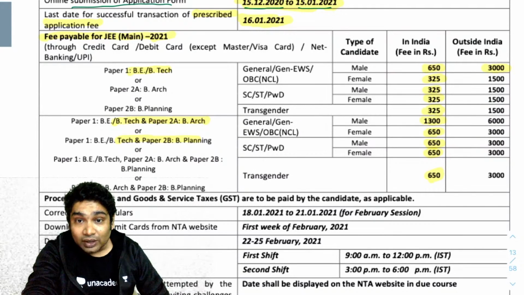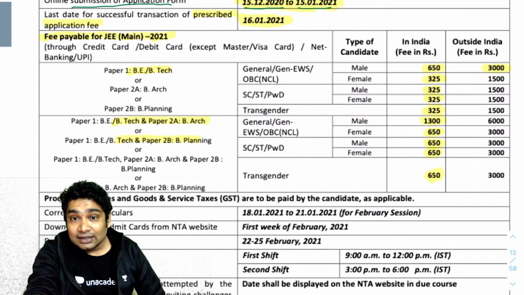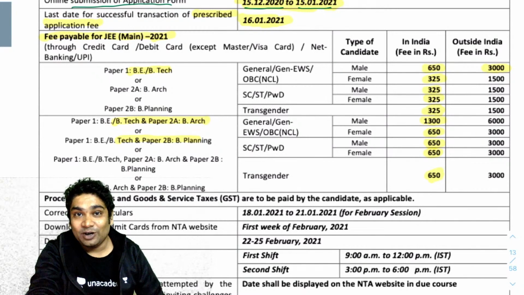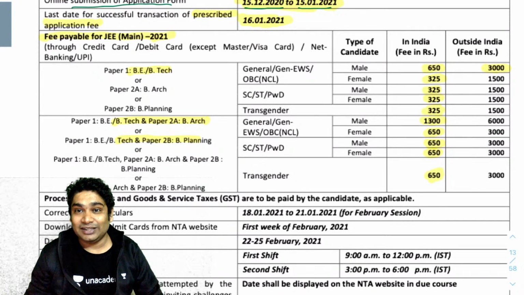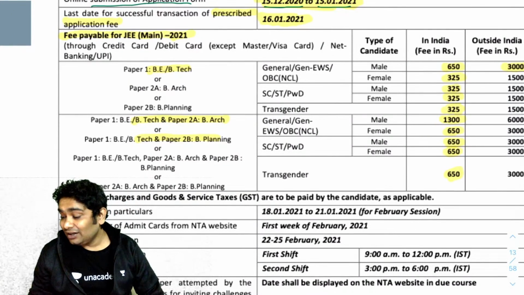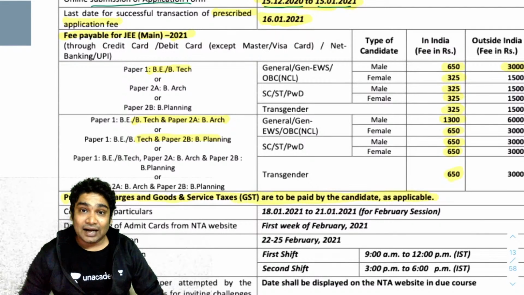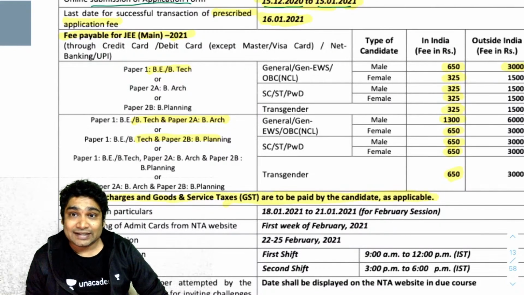before the 16th. Okay. ARJ says, sir, but where is the admit card? I searched the whole website and didn't find anything. So yes, you did not pay enough attention. I will be telling you about that next. Now, please note that the processing charges and GST are also supposed to be paid by you on top of this. So this is the fees for the exam. In addition to that, you will also need to pay the GST charges.